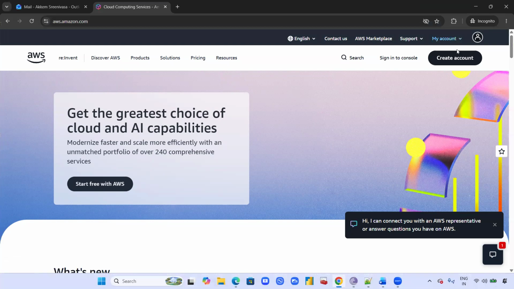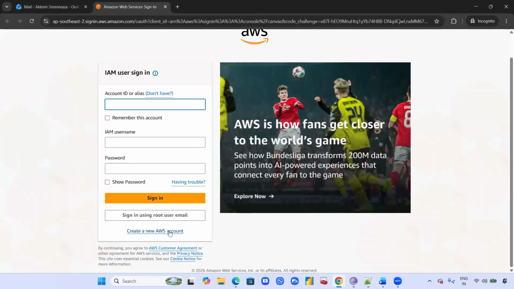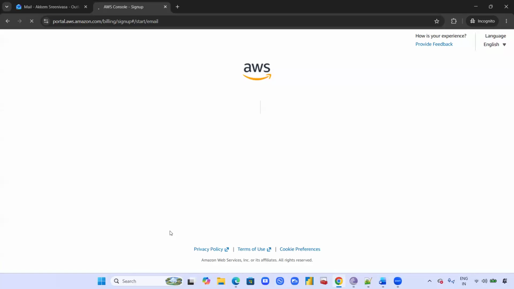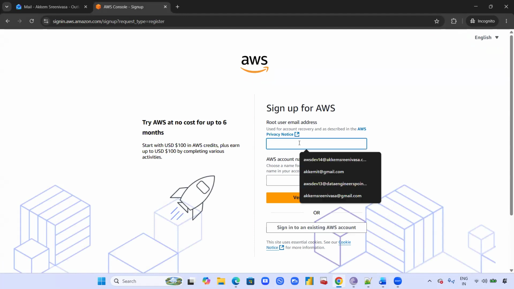Once you see this, you have an option to create, or you can click on AWS Management Console. Here you see an option called create a new account. Click on create a new account. Once you click on it, you will see an option called enter root email address. I am entering root email address Akkem Sreenivas